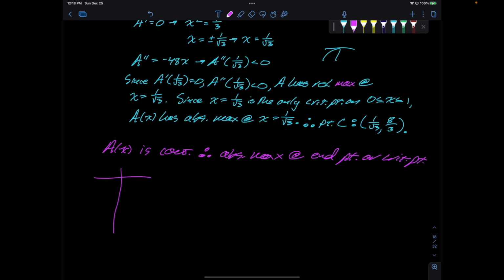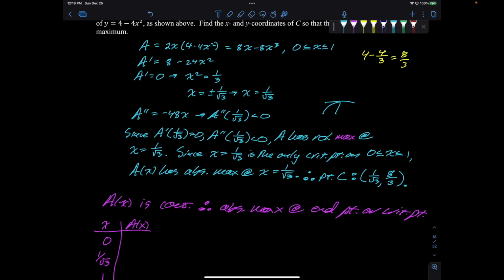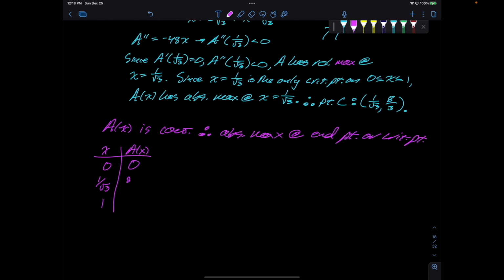And then we make our table, which has x, A of x, and we have 0, 1 over root 3, and 1. Because of A of x, if you plug in 1, you get 0. If you plug in 0, you get 0. And we know that if you plug in 1 over root 3, you get 8 over root 3. So we would have 0, 8/3, not 8 over root 3, and then 0. Therefore, absolute max is 8/3 at x equals 1 over root 3